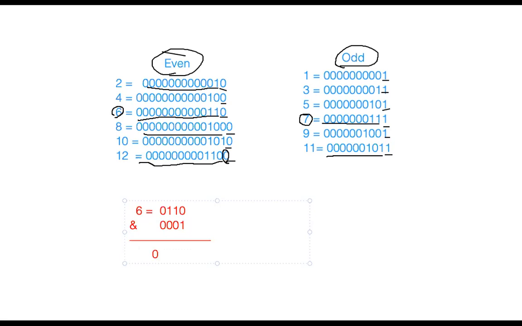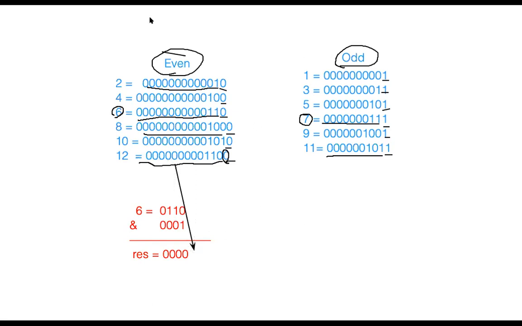It is 0 0 0 0 0 0 and the last is 0. So my result is 0 0 0 0 in case of even. Take any example of even number. Replace this 6 by any number, you will always get a 0 if the number is even number. If the number is even number, you are getting answer as a 0.